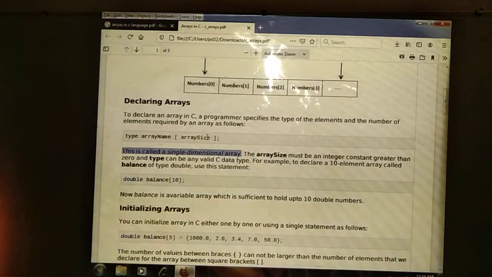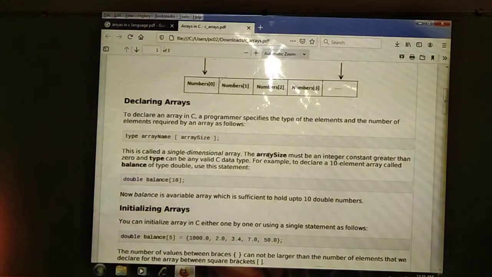If you are using only one subscripted value, this is called a subscripted value. This subscripted value will be increasing, meaning it should be increased by the types of arrays. Here we are going to be using a one dimensional array, with only one subscripted value. First we can see the single dimensional array. This is called a single dimensional array.